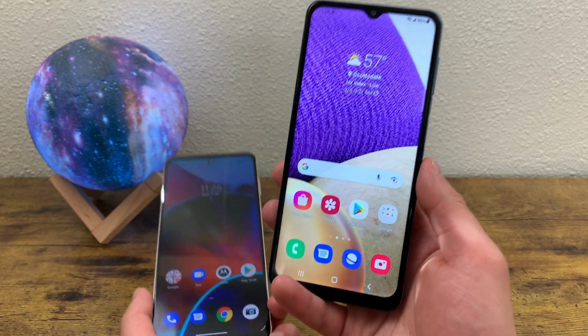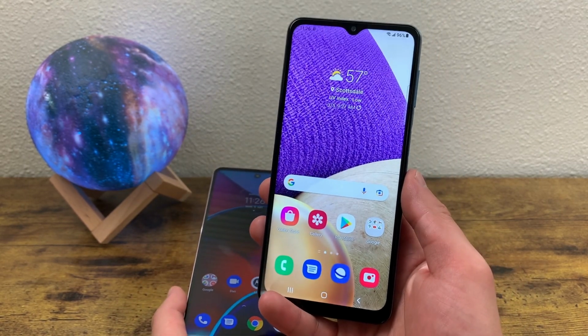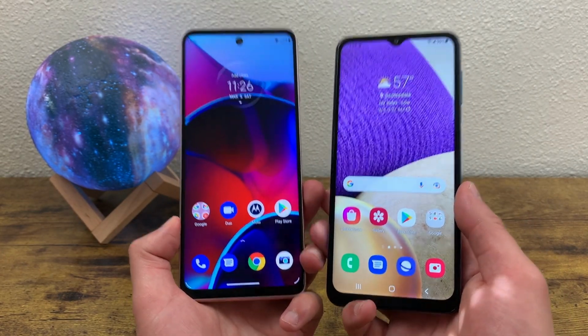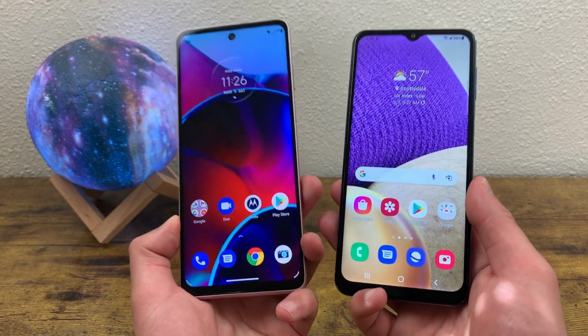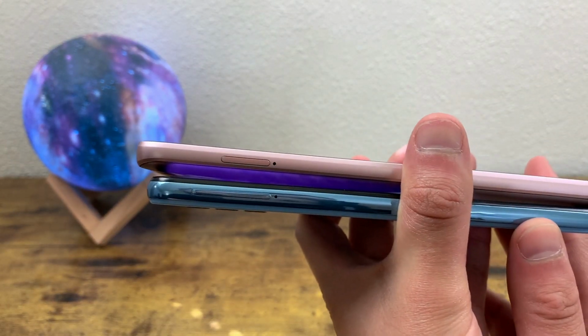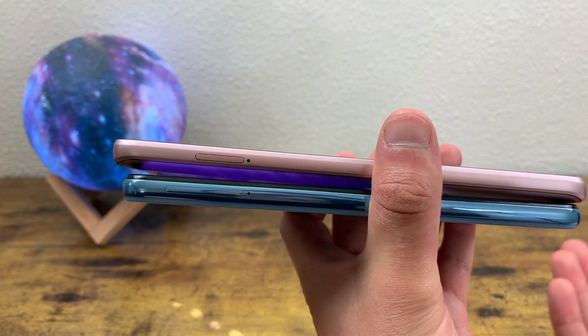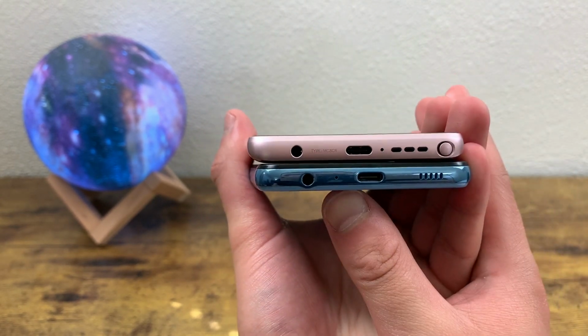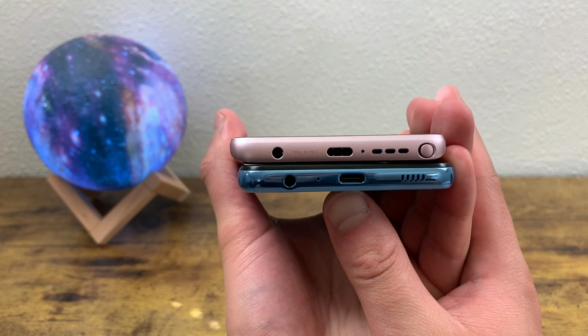So if those services like Google Pay are something that you really want to use, definitely keep this in mind. But now that we've gone over some of the specs of these phones, let's take a closer look at the devices themselves. On the left side for both of these phones, we got the slots for the SIM card and the micro SD card. On the bottom here, we got the 3.5mm headphone jacks, the microphones, USB-C ports, speakers, and